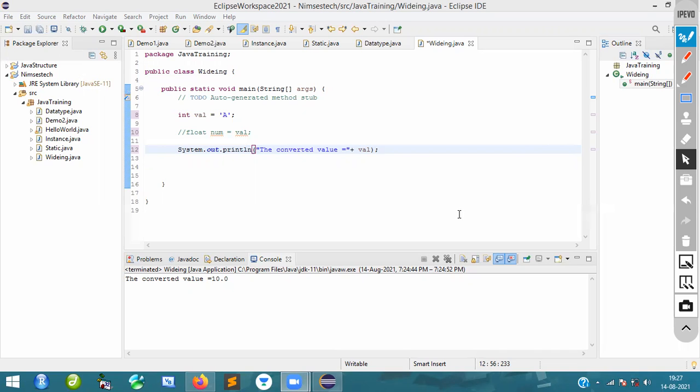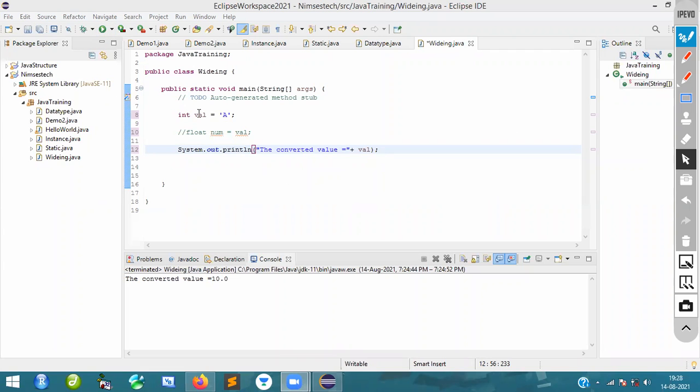See, I will tell you one thing. Java is not going to support ASCII. It is going to support the Unicode system, the universal code system. It will not support ASCII values. Please be careful about all those things. It's very important. Okay, fine. I think everybody is clear. Some people gave very good answers.